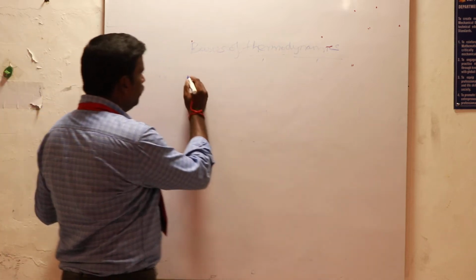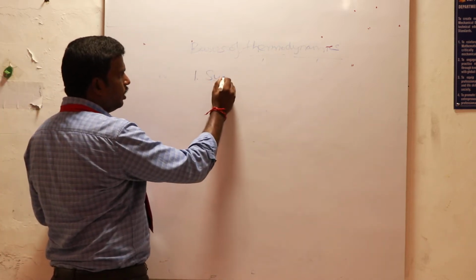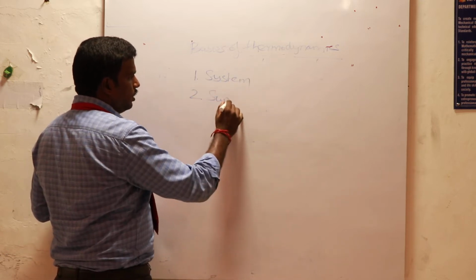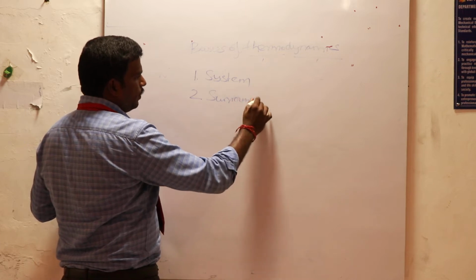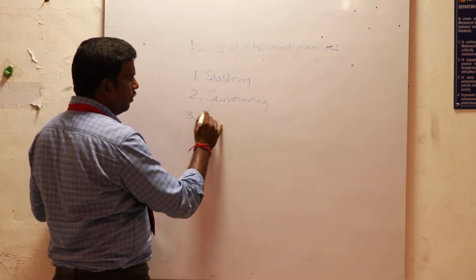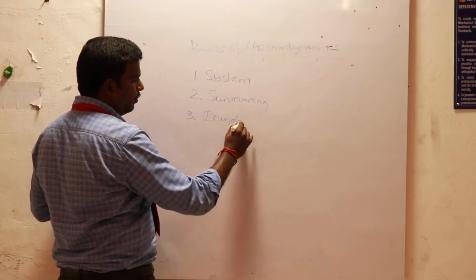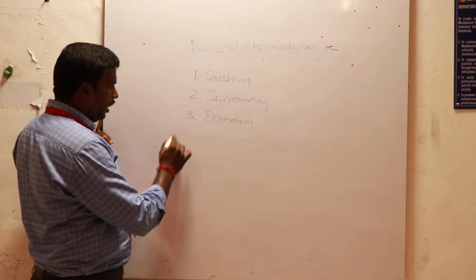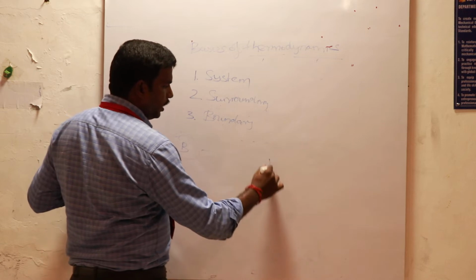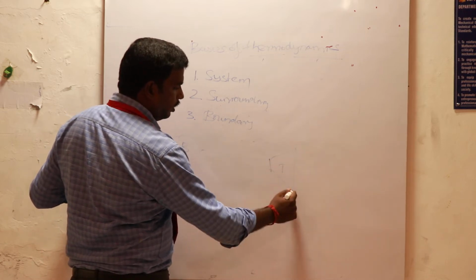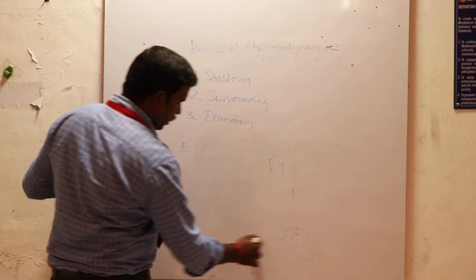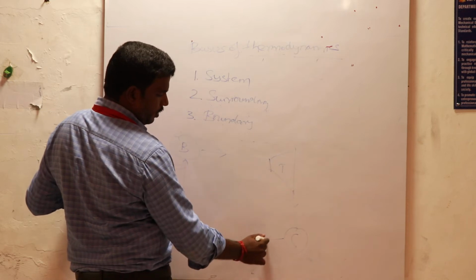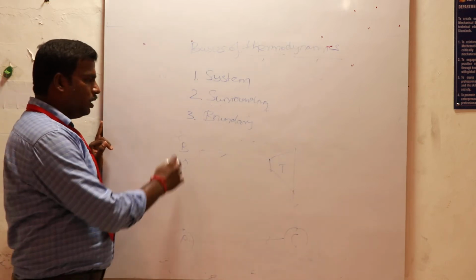In thermodynamics we come across three major definitions: system, surroundings, and number three, boundary. So what is a system? Let us take an example of a steam power plant. There are four main parts of a steam power plant: boiler, turbine, condenser, and pump. I believe that in basic sciences you would have learned what a boiler, turbine, condenser